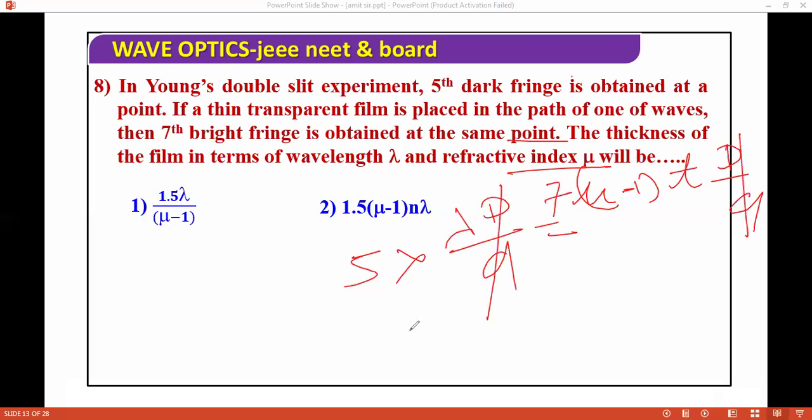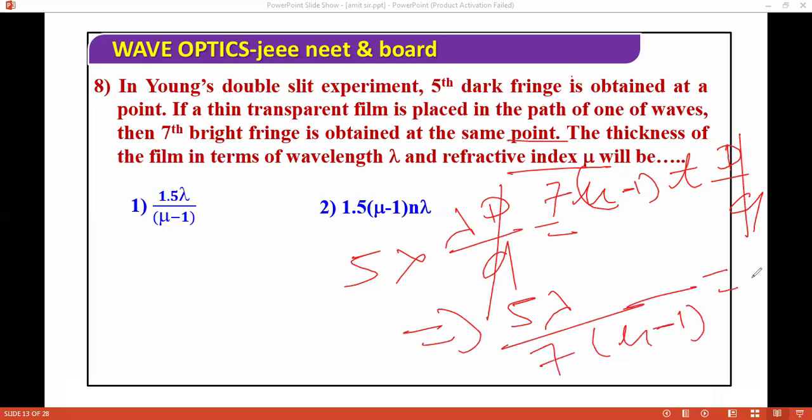Solve it. So what you see says 5 lambda. This is 5 lambda, 5 lambda, 5 lambda, divided by 7 into mu minus 1 equal to t. So the question is talking, okay. So basically the question is talking about the thickness of the